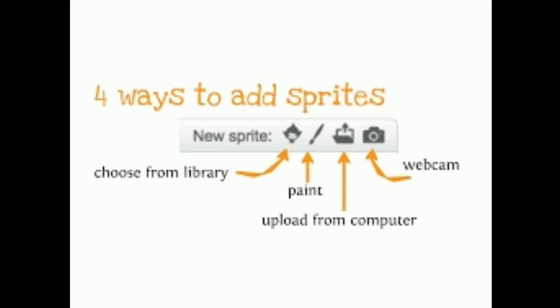Moving on to the third method of how to add a new sprite to our Scratch. The third method is uploading a sprite from file. Now let us study how to upload a sprite by using file. For uploading the sprite from file, you have to click on the third button. The third button has been provided for uploading from computer or by using our files. Once you click on this upload sprite from file button, you can locate an image from your system and use it as a sprite.